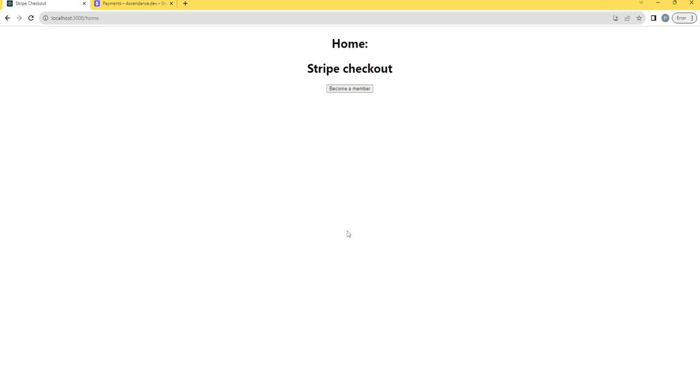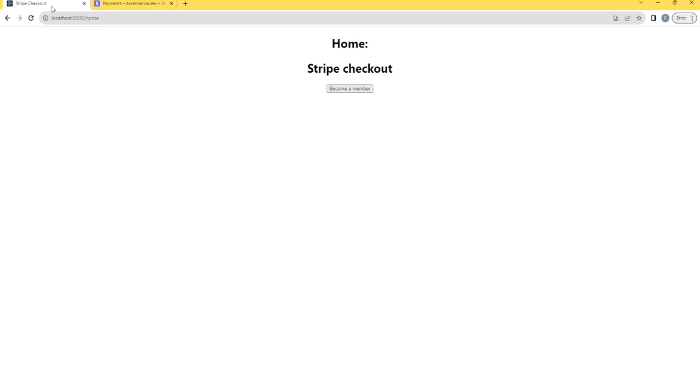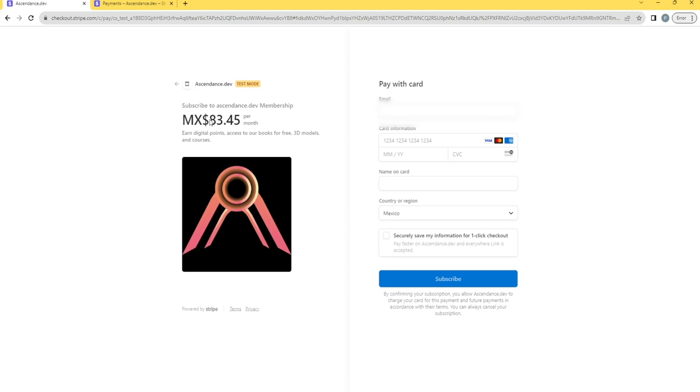Okay, so now let's see how subscription works. This is our dashboard of Stripe. We are in test mode. So we have this payment successful, and you have your React application. We're going to click on become a member, for example, and here is in my country, so it's in Mexican